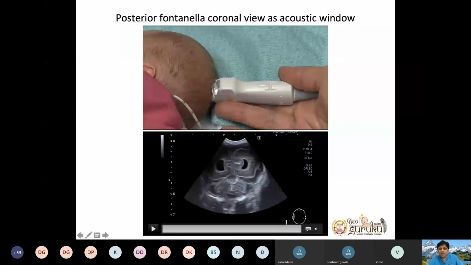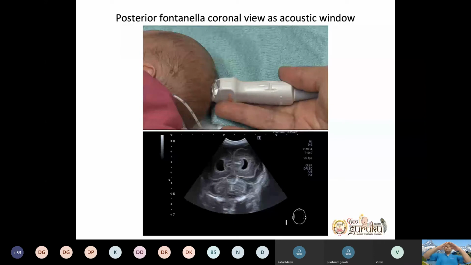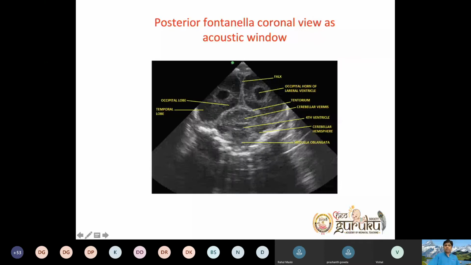That is your lateral ventricle, the occipital horn you can see, the intrahemispheric fissure you can see, and you can see a tent-like structure. That is your cerebellum below the tentorium cerebri, like the falx cerebri, the tentorium cerebri is nothing but a dura invagination. We call it the tentorium cerebri, below like a tent you can see. I'll show you in the next one. You can see here, this is the occipital horn of the lateral ventricle, the intrahemispheric fissure, and like a tent you can see here.